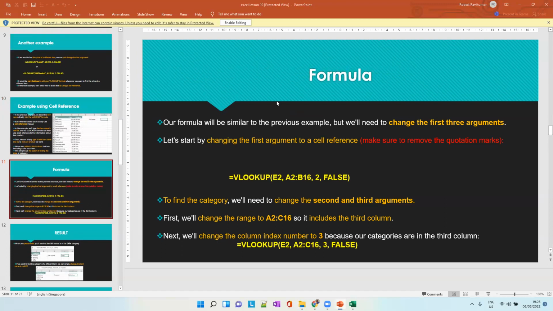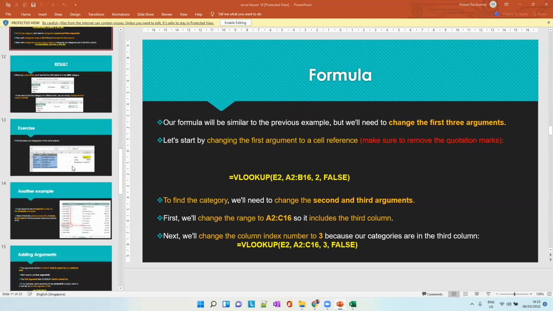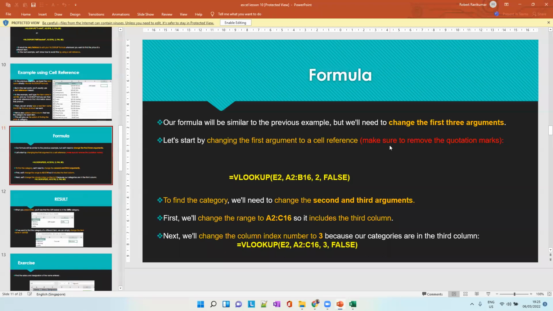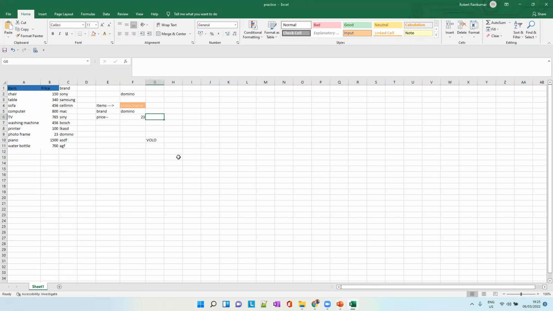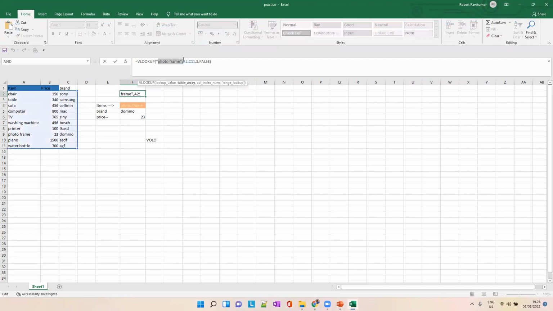Okay, so let's say our formula will be similar to the previous example, but we'll need to change this thing. So make sure to remove the quotation marks. In the first example, we directly entered the item to be looked up in the formula. If you see this formula, we entered photo frame directly here. So this was the first example, right? We gave the item to be looked up